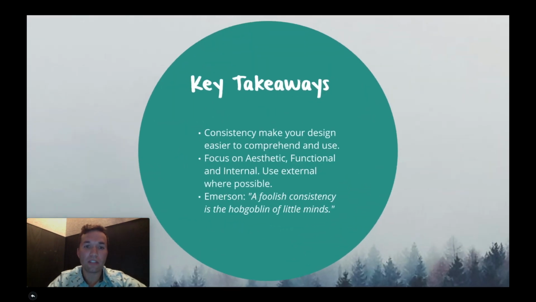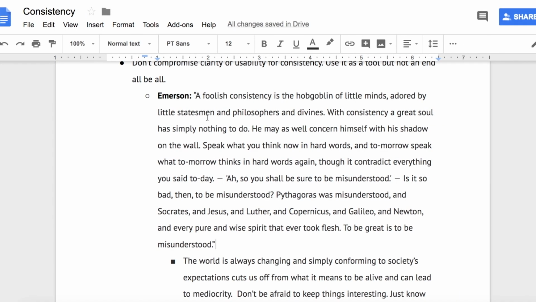All right, so the key takeaways for this design principle is that consistency will make your design easier to comprehend and use. So try and use it as much as possible where appropriate. The big three really are the first three. It's aesthetics, function, and internal, because that's really what you're controlling, that system that you're focused on. But where applicable, use good external consistency when needed so that your system relates to other systems. And there's a quote from Emerson that's kind of like the juxtaposition of all the benefits of consistency that I thought is important. So you have two sides of the equation. So Emerson says,